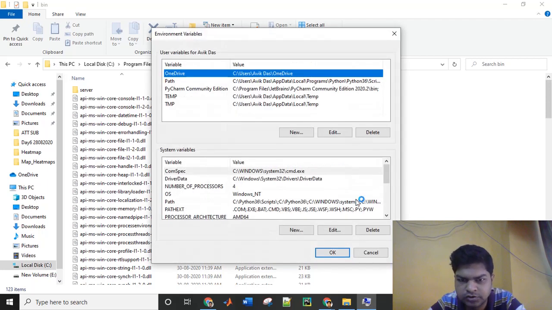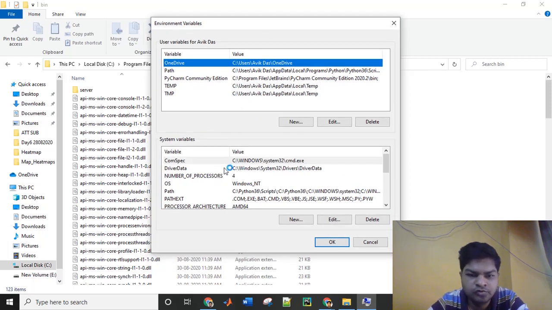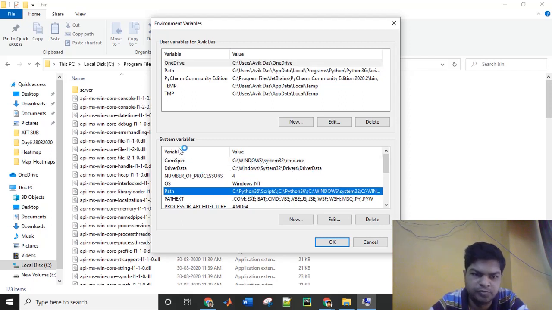Click on this, and now here you need to edit the path of these system variables. Here you can see we have many system variables and we have values for every system variable. So select the system variable that is Path, and then click on this edit option.